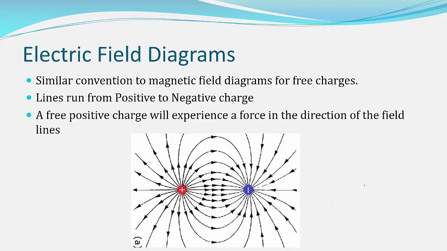Okay, so taking a break from the calculations just for a second, I want to talk about electric field diagrams. We'll cover these in more detail as we progress through the unit. But electric field diagrams are drawn using a convention, and it's important that we know what that convention is. So for electric field diagrams, you draw your arrows going from positive to negative, like you can see in this